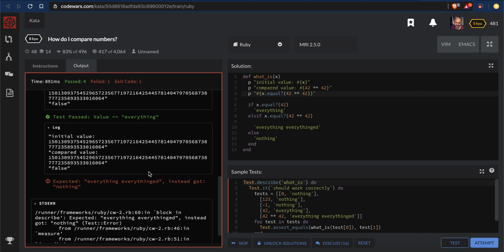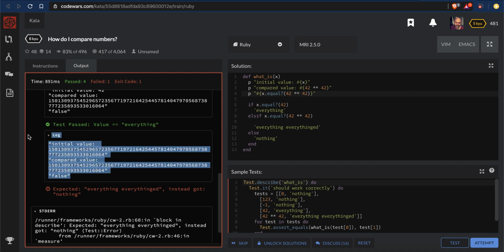So you can see in this test I'm trying to get past, we have the initial value with the compare value, but then the comparison is false. So that's interesting. It's trying to compare these two things using x dot equal question mark and then providing the argument, and this is actually returning false. So I know there's another way to compare values. I'm just going to give a quick double check